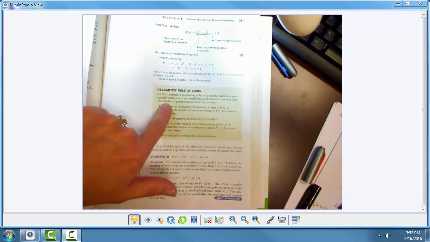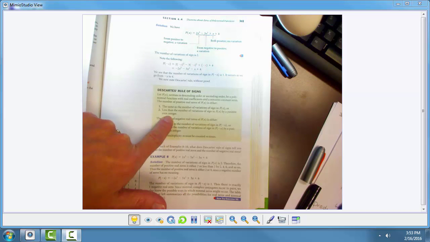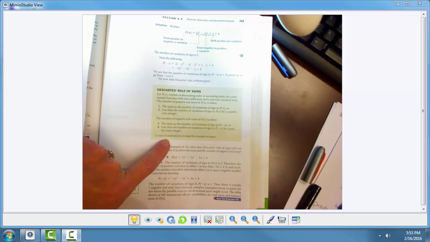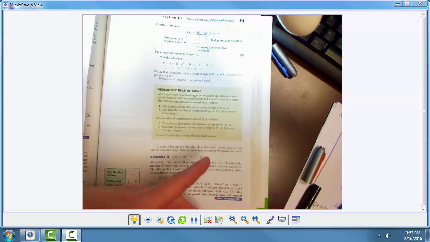The number of positive real zeros will be the number of sign changes, or that number decreased by an even integer. And the number of negative real zeros will be the number of sign changes in P of negative x, or that number decreased by 0. Okay, so we're going to look at that. It's kind of neat how this works, and if we had a lot of time, we could put all this together with the rational root theorem and Descartes' rule of signs, and you can see all the possibilities of where all the zeros come from. But due to lack of time and the handy-dandy work of the calculator, I'm just going to hit the high points. So using Descartes' rule of signs,